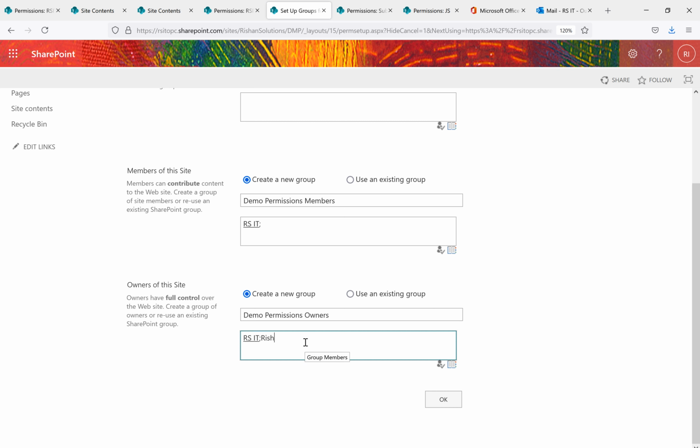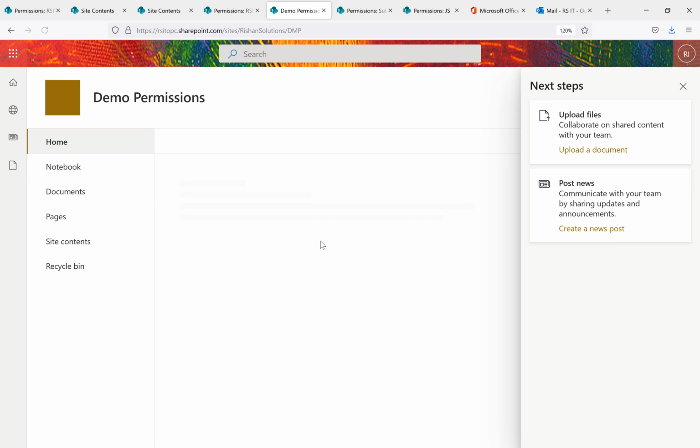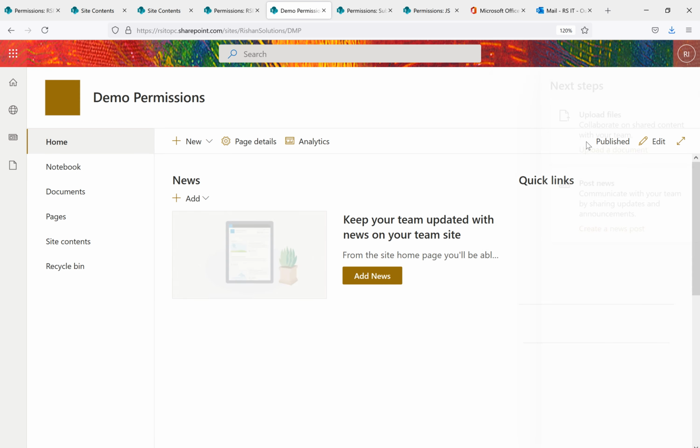Now I'm trying to add one more user here. See, when you press Ctrl+K, it just resolves the username. Now when you click OK, it will create a new subsite and it will create 3 groups with unique